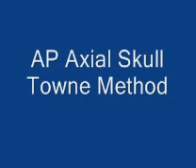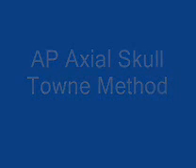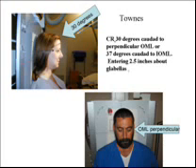Suspend respiration. The AP axial, Towne's method. Position the image receptor so that the upper margin is at the level of the vertex, which will center the image receptor to the occlusal plane. With the patient's shoulders and head pressed against the bucky, flex the patient's neck to place the OML perpendicular to the IR, or the IOML perpendicular with an increase of 7 degrees in tube angulation. Angle the central ray 37 degrees if using the IOML and 30 for the OML, entering 1.5 inches above the